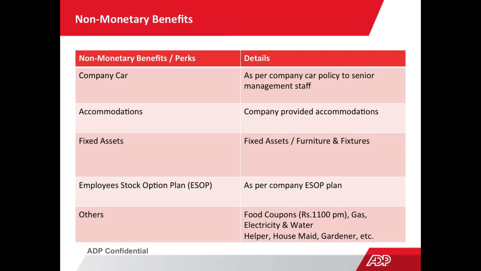There are certain other non-monetary benefits also being provided by the companies. That is food coupons, which is again 50 per day. So if you take 50 per day, then it will be 22 working days for a 5-day week, and you can provide 1100 per month as a maximum in food coupons. And certain organizations do provide other benefits for household purposes, like gas, electricity, water, any helper or housemaid, gardener support. So any benefits which are being provided to the employees will be included as non-monetary benefits, and the notional value will be considered while working out the cost to company.